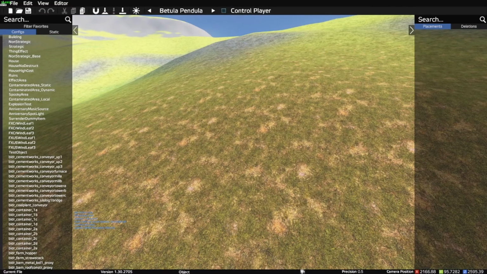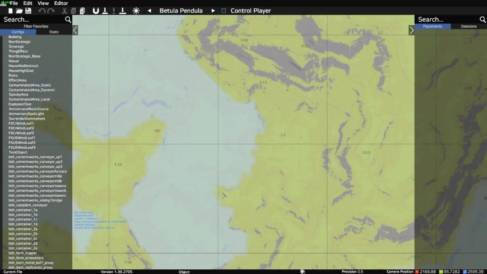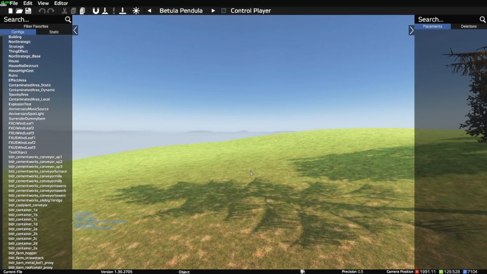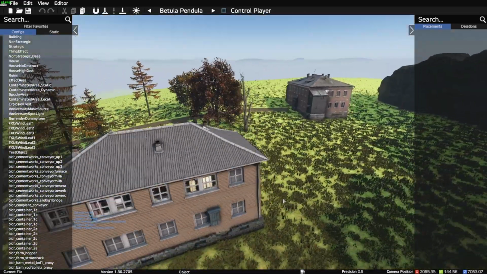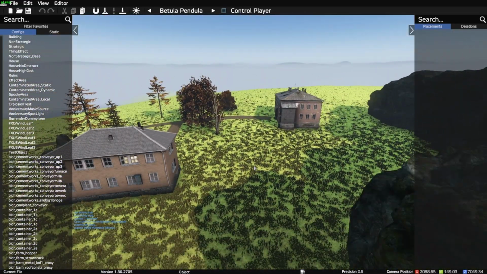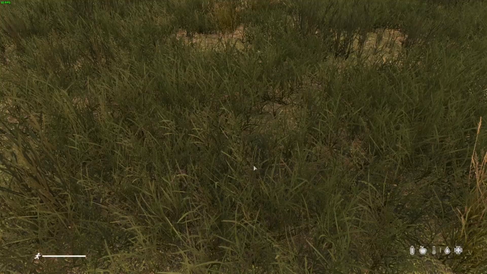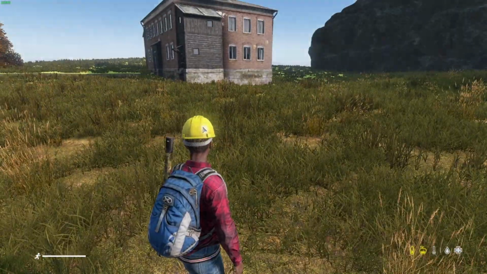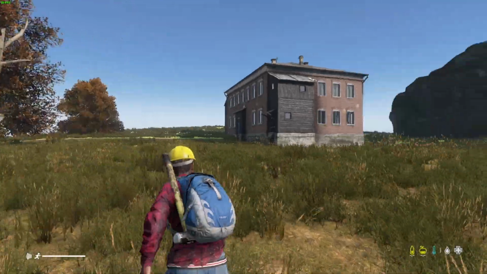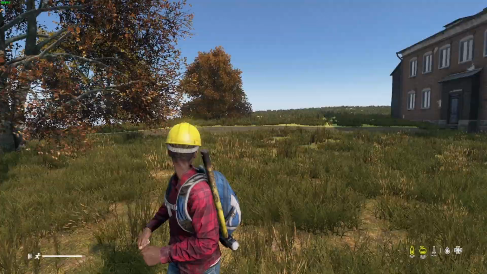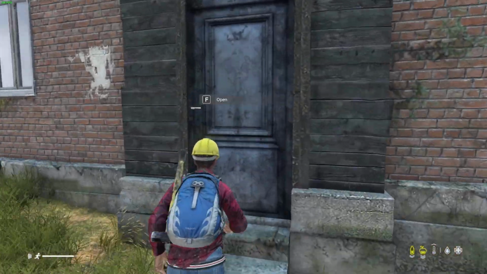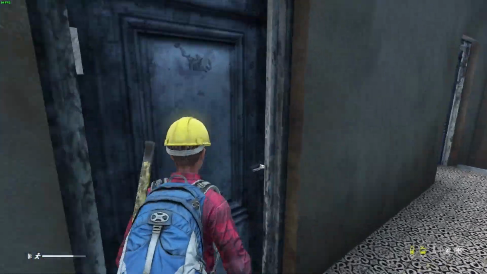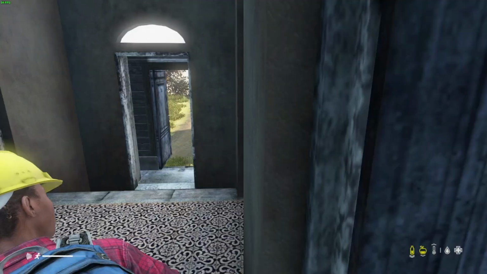But big thanks to the guy that made the mod for this even possible. Export to TB, it changed a lot. Put it over here, I'm pretty sure. Yeah, so now you can see it's in our map. Now if you press T and you press the home button, you can go in as your character. Press Y to get the mouse off. You can run around as your construction character in DayZ Editor and kind of see what you did. You can open up doors, go in, see the whole thing.